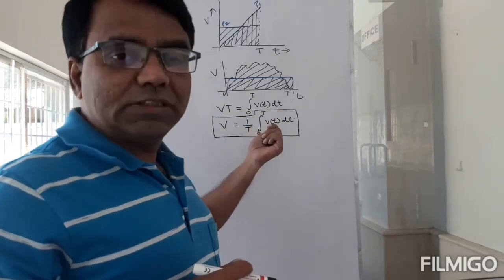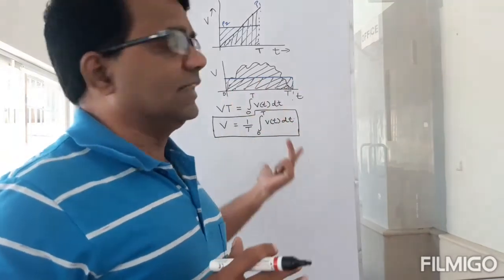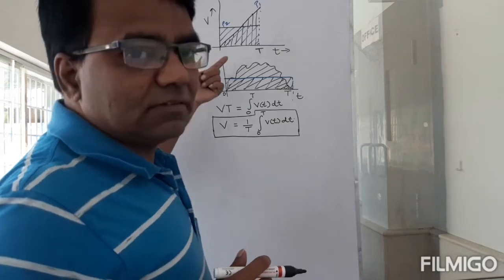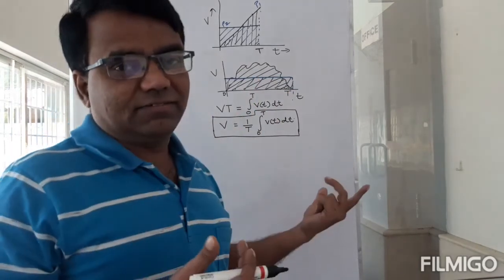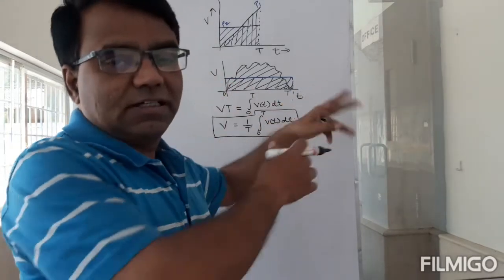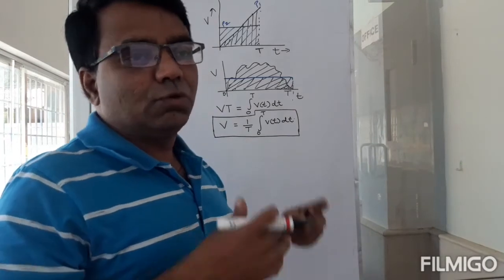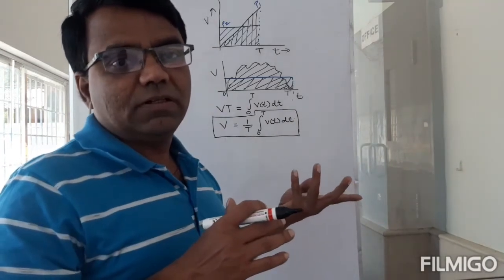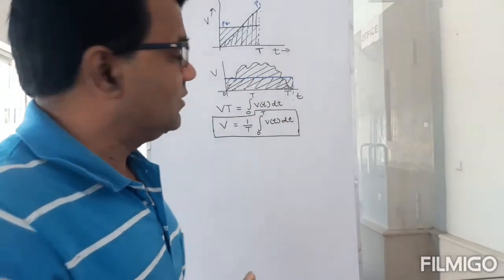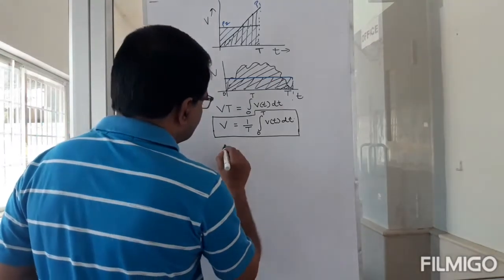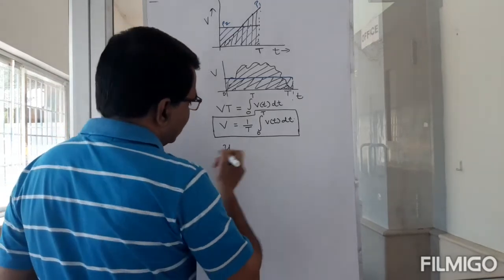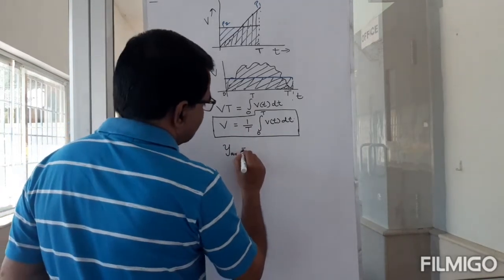I can generalize this with what? With y and x, because I have an x-axis and I have a y-axis. So if I can do it for speed and time, I can do it for anything along the y-axis and anything along the x-axis. So y versus x. I can do the same thing for any y and any x. So I'm going to generalize this. So I'm going to say this is y average, average value of y, or y mean, okay, is equal to,